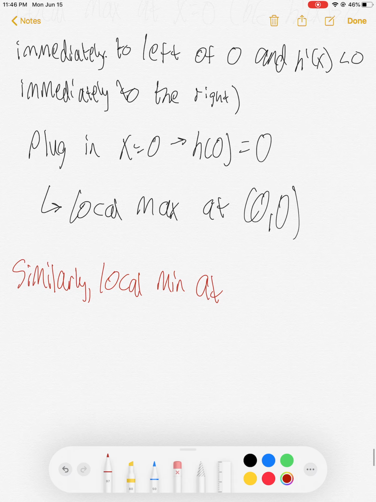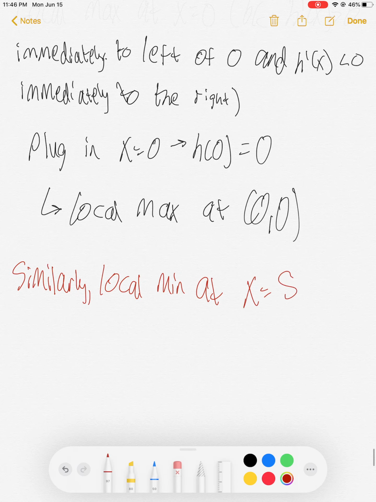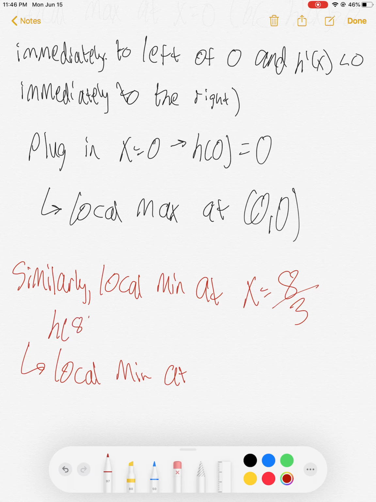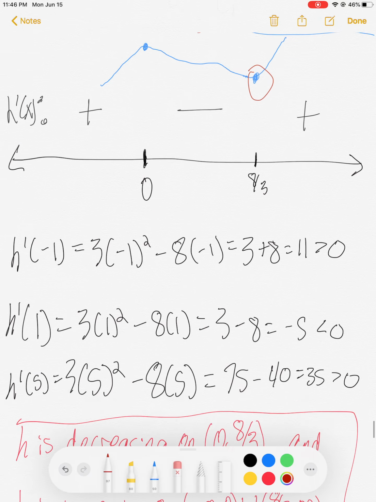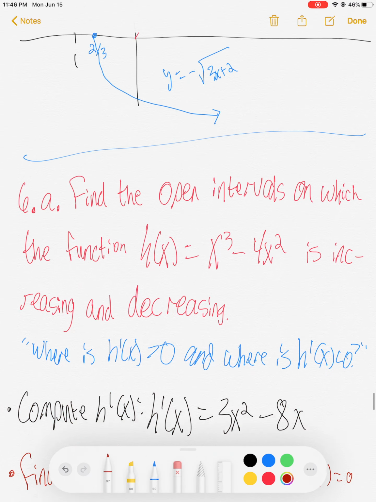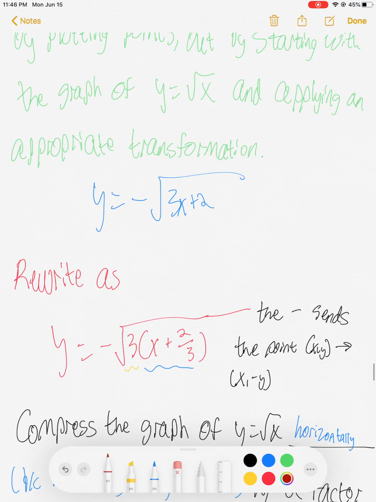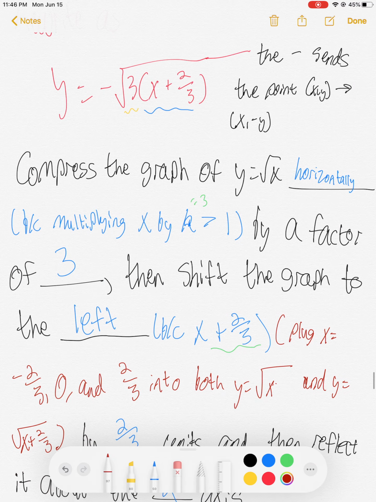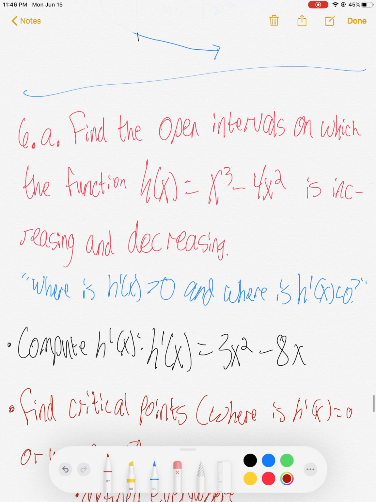Okay, now similarly, we have a local min at what value was it? So if you look at this quick picture that we sketched, we see that right here at x equals 8/3, it looks like we have a local min because the function is decreasing to the left of that point, and then it starts increasing again afterward. So we have a local min at x equals 8/3, which means if we plug that in, local min at,